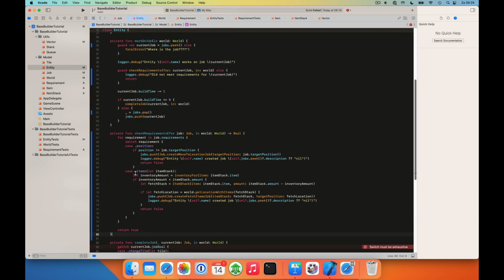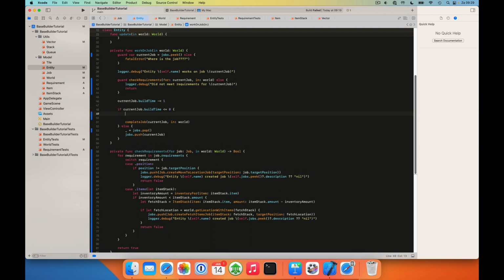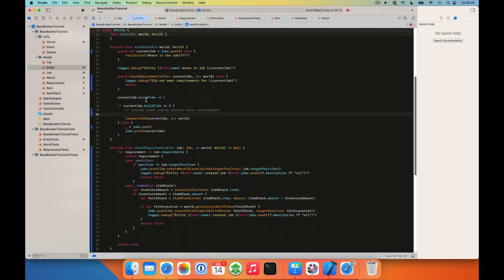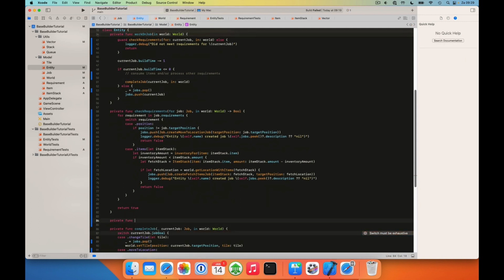What I basically want to do is in our work on job, say we meet all the requirements, we decrease the build time. But what I also want to do is, if the build time is 0 and the job is almost complete, we should consume items and or process other requirements. Perhaps other things need some processing here as well. So what we'll do is we'll create a new private function called process requirements for a job,